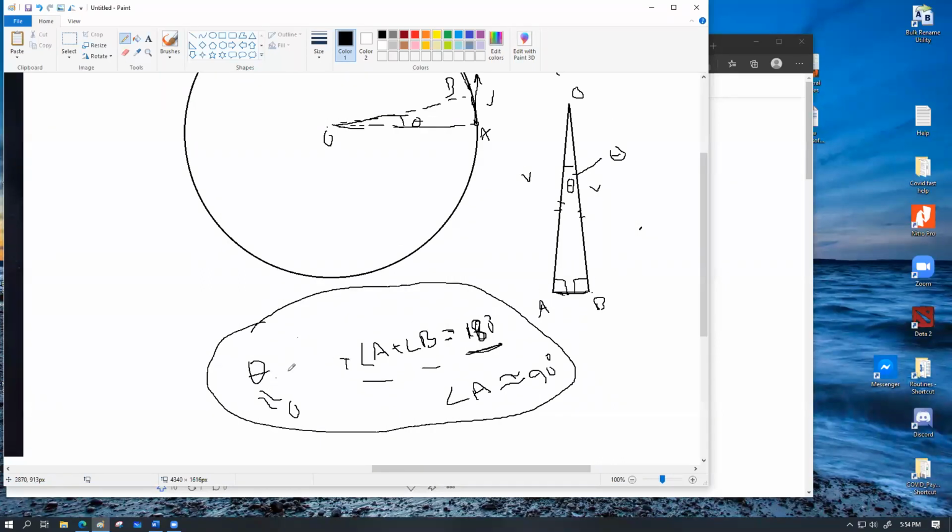Okay? Yes, sir. If it is isosceles, then they will be equal, because both of these are radius of this circle. This is a radius, so OA is one radius, OB is also another radius. Because they are both radius, these two angles are supposed to be equal. So the point that I'm writing over here, that theta plus angle A plus angle B equals 180 degree, makes sense. So if theta is extremely small, negligibly small,